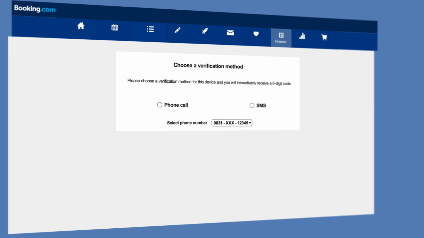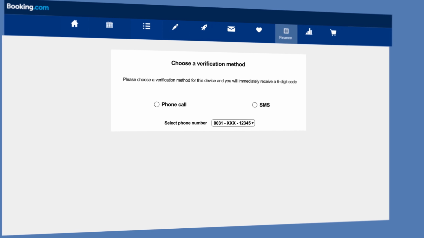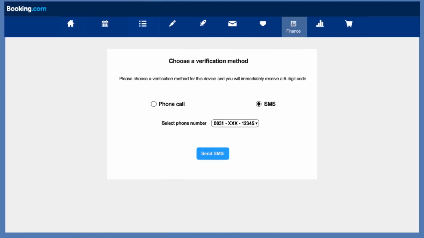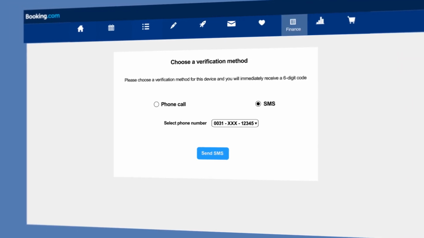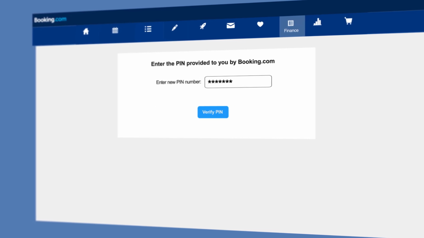Before you can start filling in your bank details, we'll need to verify that it's you. You can request a verification code from us by SMS or through a phone call. From the drop-down menu, select a number linked to your bank account. Once you have received the code, enter it in the next page and you'll be taken to the bank details